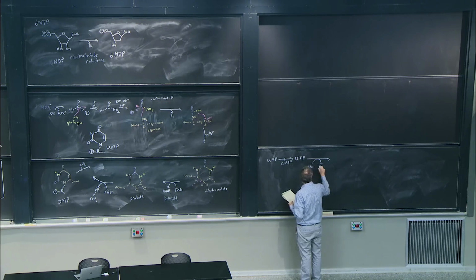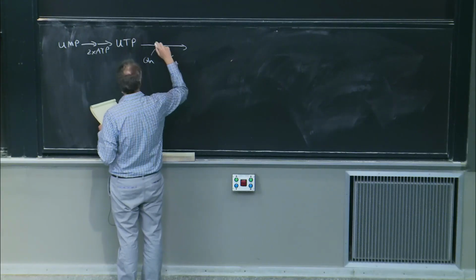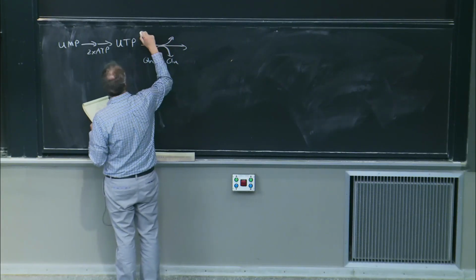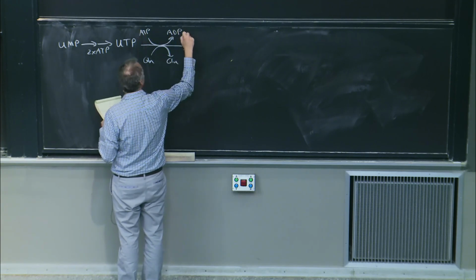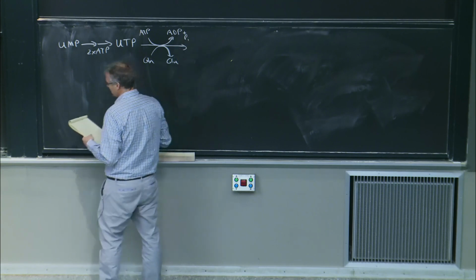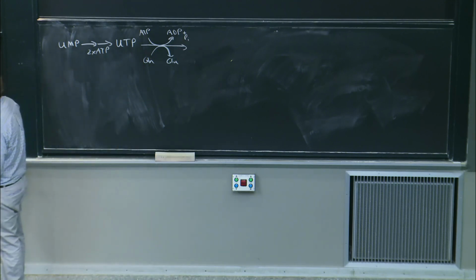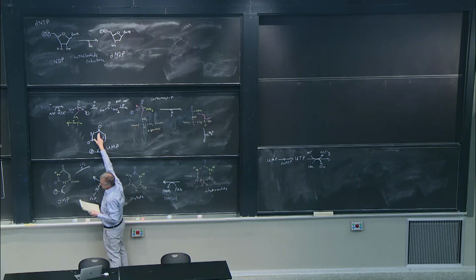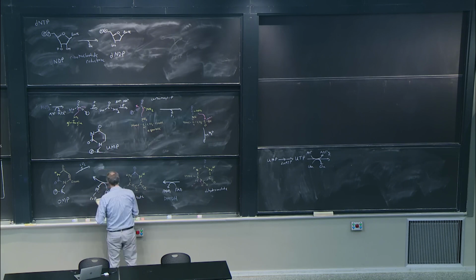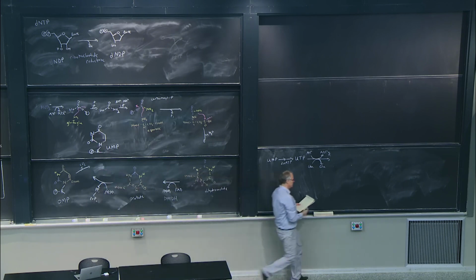Okay, so I'm going to take glutamine to glutamate, transfer the ammonia, take ATP to ADP plus Pi, and basically what we're going to end up doing is changing that double bond oxygen, so double bond there and an amino group on top, and that is